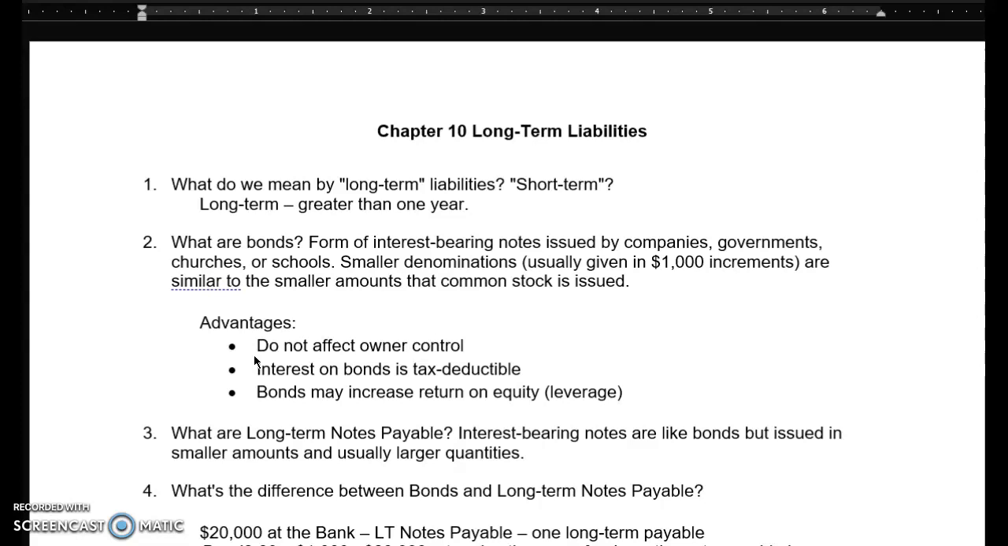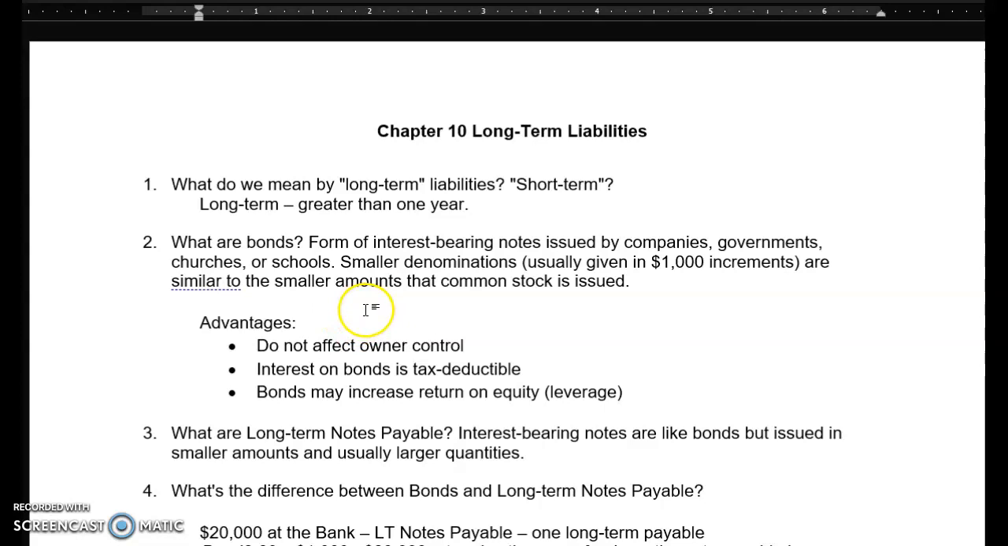Less than 1 year. So bonds are a form of interest-bearing notes issued by companies, governments, churches, schools, you name it. And probably other organizations I didn't even mention. Smaller denominations usually given in $1,000 increments. So you might have a $10,000 in bonds, but they could be 10 different bonds. $1,000 each, 10 bonds is $10,000. Are similar to smaller amounts that common stock is issued. Well, $1,000 is a lot of money to me, but compared to the millions and billions and trillions of dollars